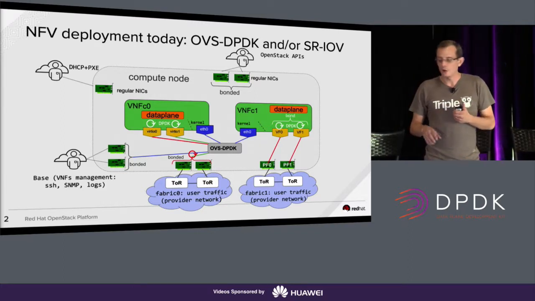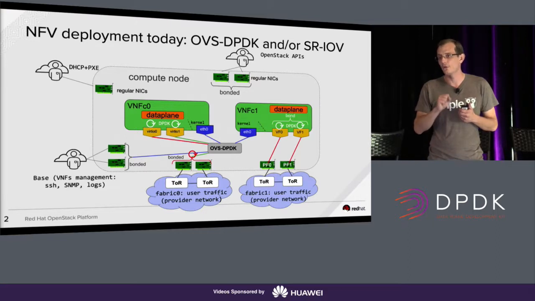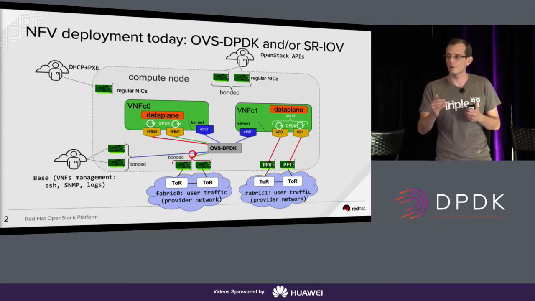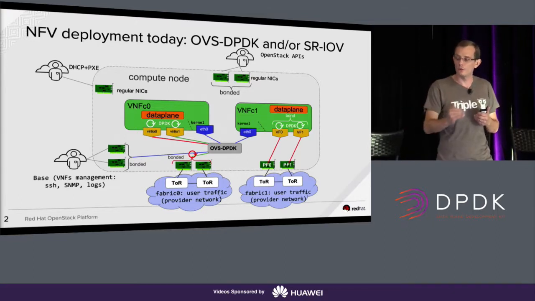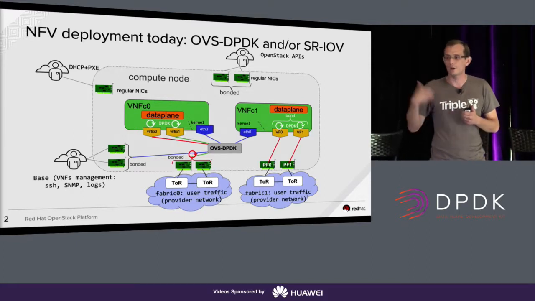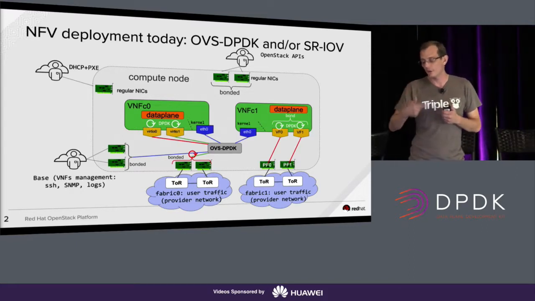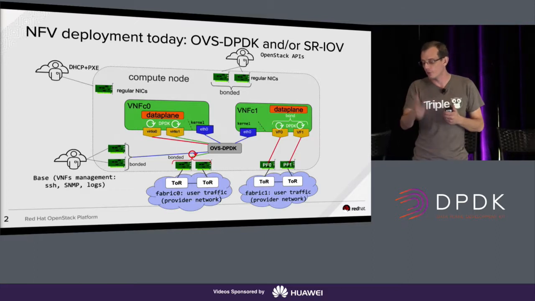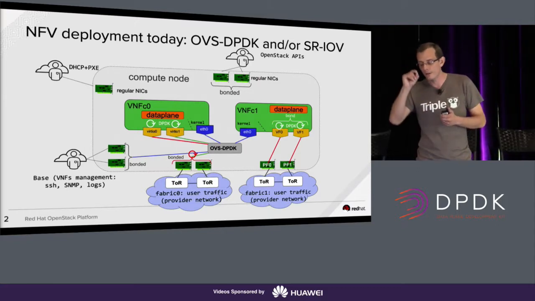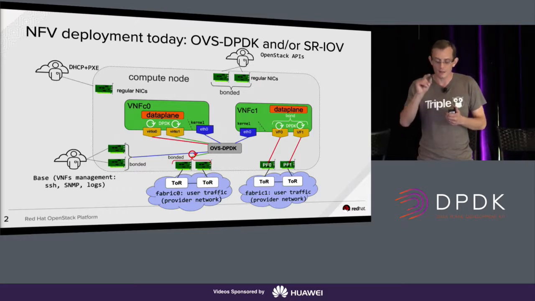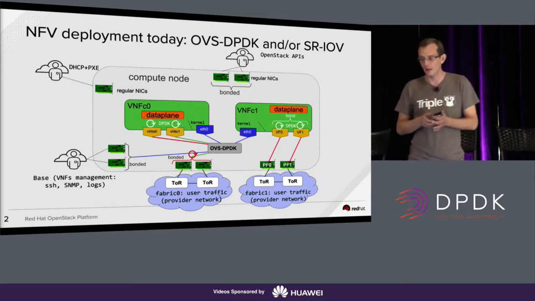On the left, you have the same kind of VNF, but instead of running on top of VF, it's running on VirtIO, complete virtualization. This is what people aim to do, and they want that because they have live migration, a lot of features. However, they still have some things to improve to get to the SRIOV performance. The difference here is you have DPDK in the VM, you have DPDK under the VM in OVS DPDK, and the bonding can be done at OVS DPDK level.